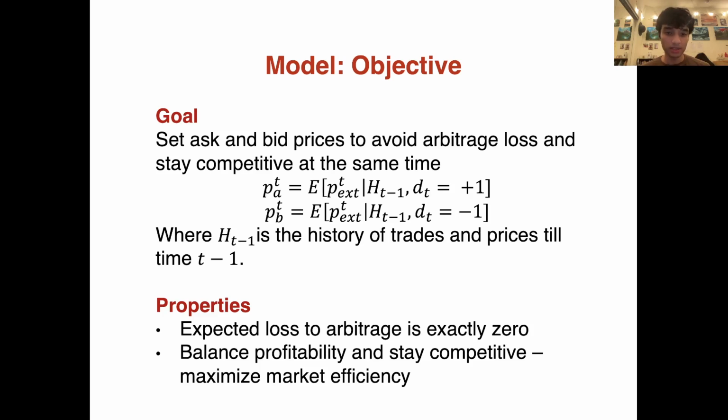The properties of these particular goals are as follows. Firstly, if we write the expected loss to arbitrage in the next time step, and we assume that the ask and bid prices have been set according to this goal, then it turns out that the expected loss is exactly 0. This means that we are balancing profitability of the market maker while staying competitive, in the sense that